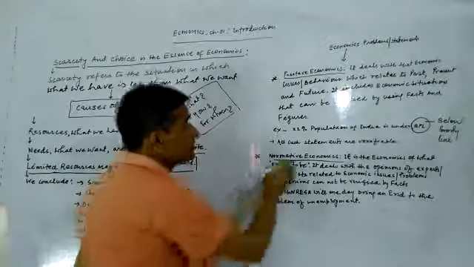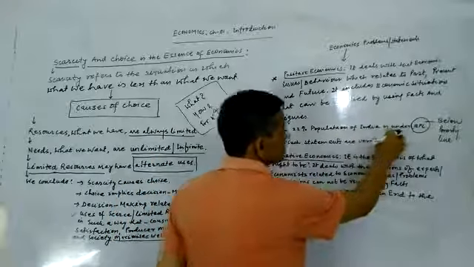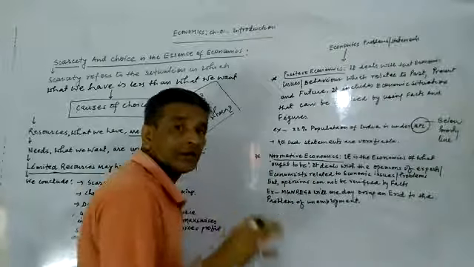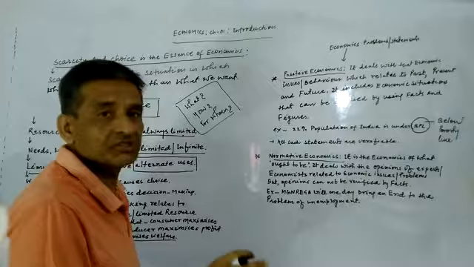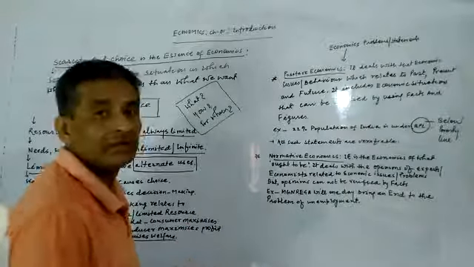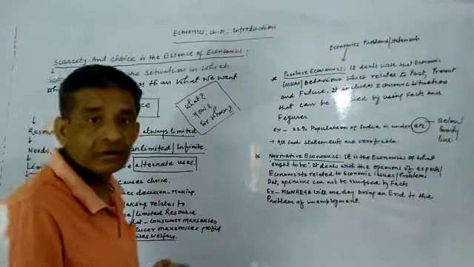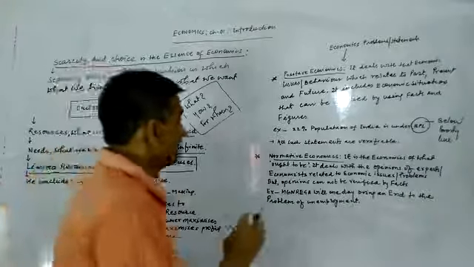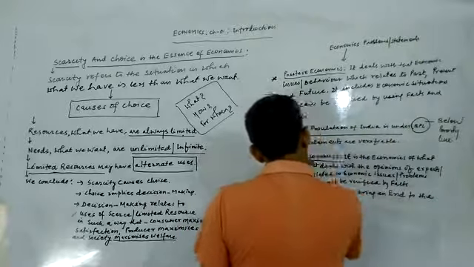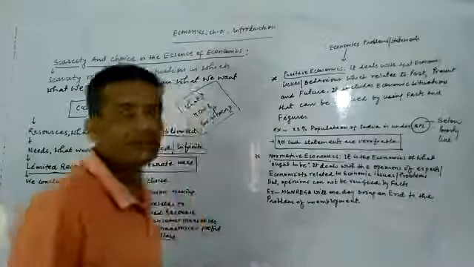So if you give a statement that 22% of the population of India is below the poverty line, then this statement can be verified by facts and figures. In our general language, we call it data. This is the important aspect of economics. It means all such statements or issues in positive economics are verifiable.